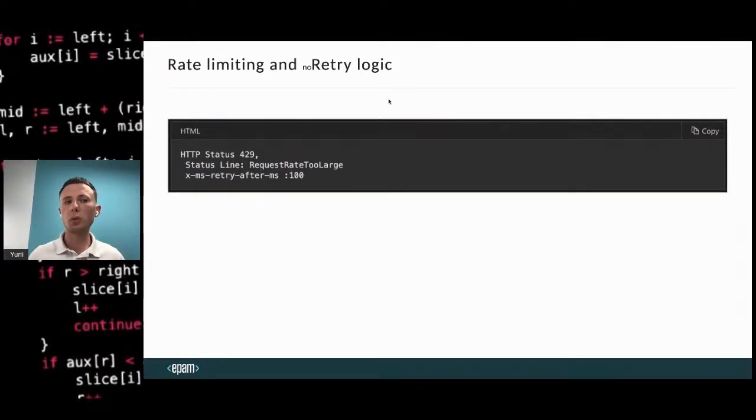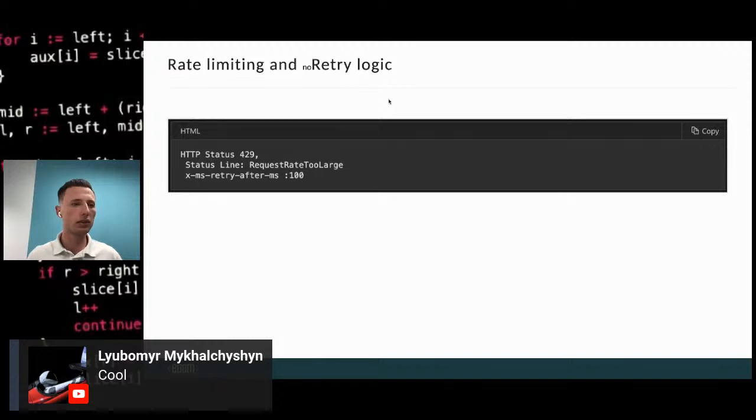Also, there is a trick with rate limiting in Cosmos. It's a bit different from other databases. When you exceed the number of request units you have, you can get an error like this.